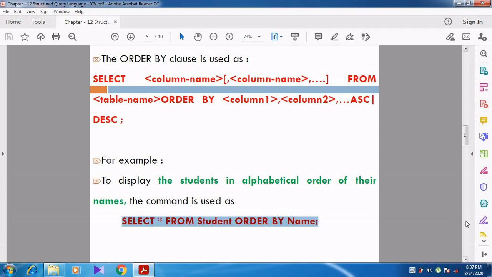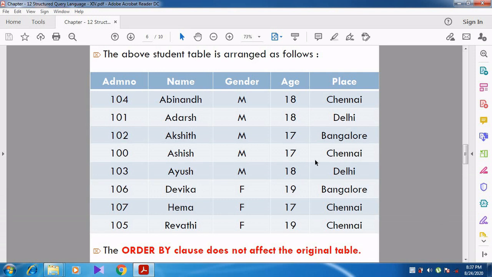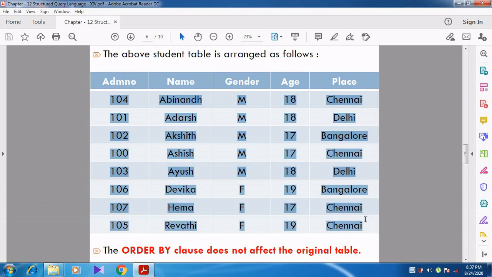We can see that the above table is arranged as follows. The students' names are arranged: Abhinand, Akshit, Akshit, Ashish, Ayush, Devika, Hema, Revati. By name it is arranged in alphabetical order.